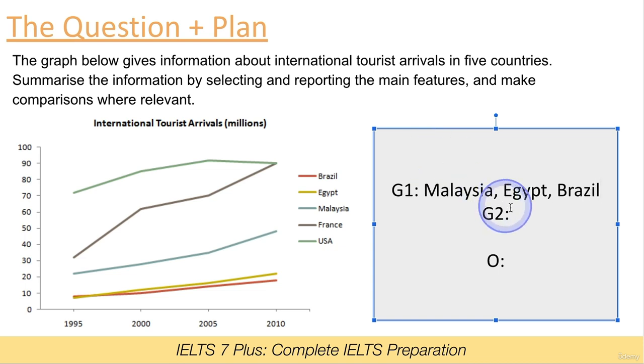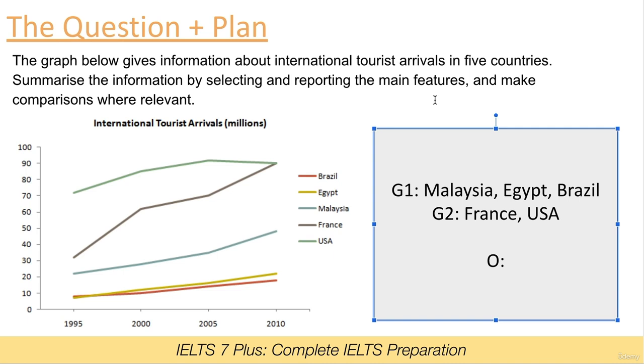Brilliant. Okay, and then group 2, we can contrast this. We can start, well, not contrast, but yes, France, which links with group 1 because arrivals in France increase. However, it's a different pattern there. And then we can create a contrast with the USA. Okay, so the overall statement, I mean, generally,